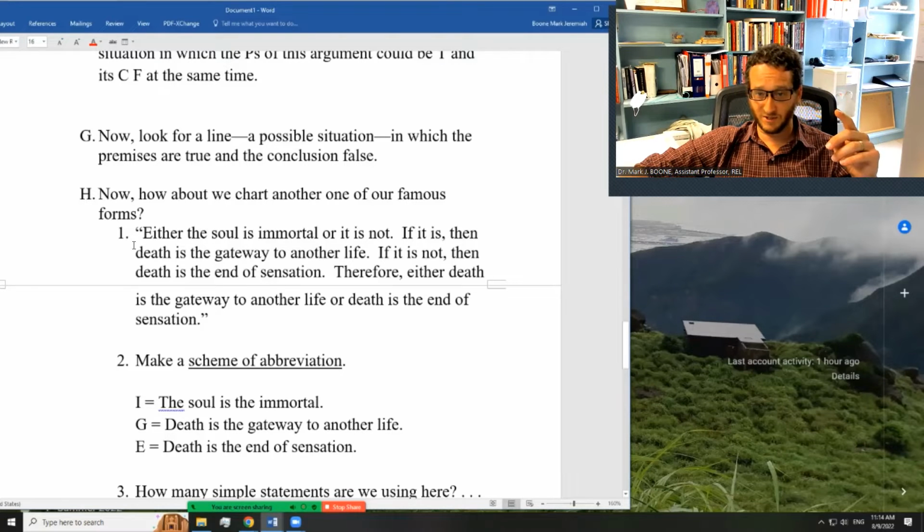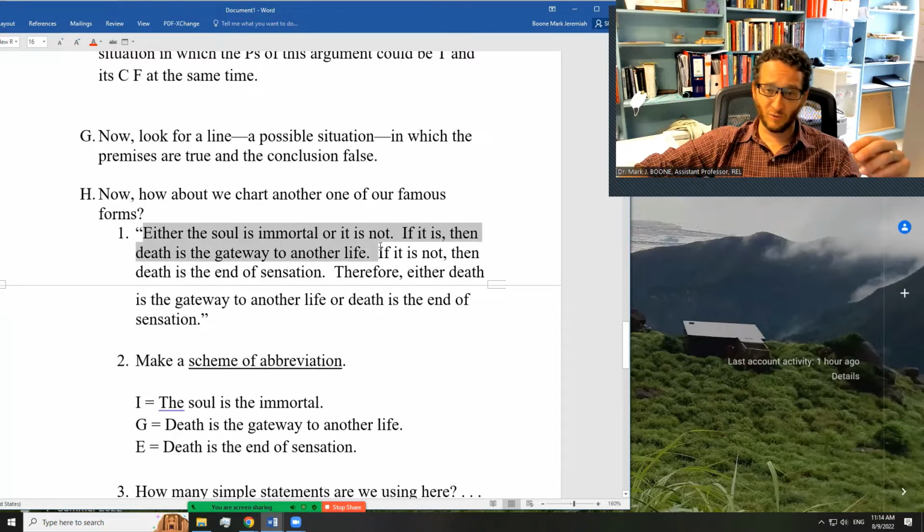Either the soul is immortal or it's not. If it is, then death is the gateway to another life. If it's not, then death is the end of sensation. Therefore, either it's the gateway to another life or death is the end of sensation. Good. I thought we were going to have four, but we don't, because there's only one atomic proposition in our first premise. So now, to symbolize the argument with the scheme of abbreviation,